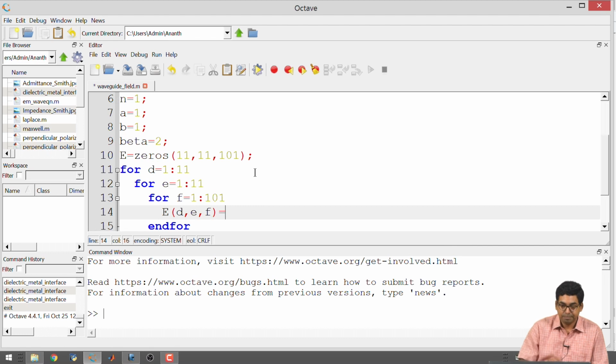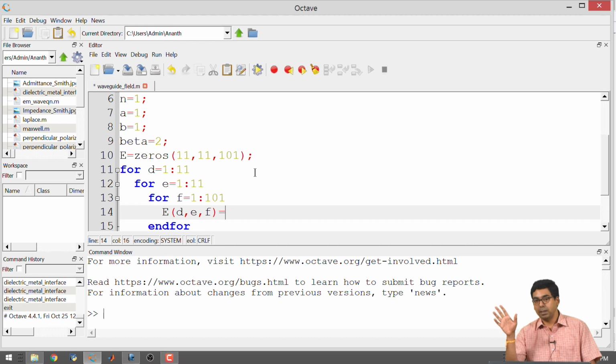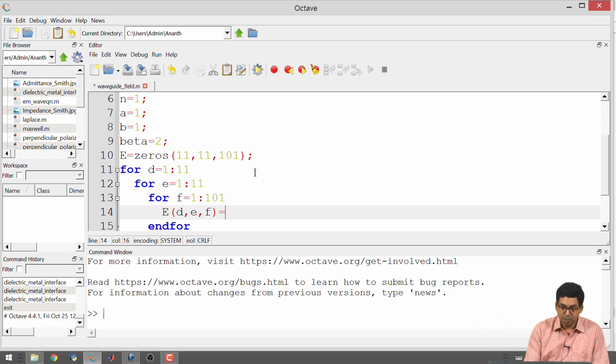E at a position x, y, z. And we had a constant c multiplied with these things. I do not know the constant, so I am going to take it as 1, because if I took it as 0, the field becomes 0. I understand that that constant is going to tell me something about the amplitude of the field. So I am going to take it as 1, remove that constant, and just write the remaining terms.